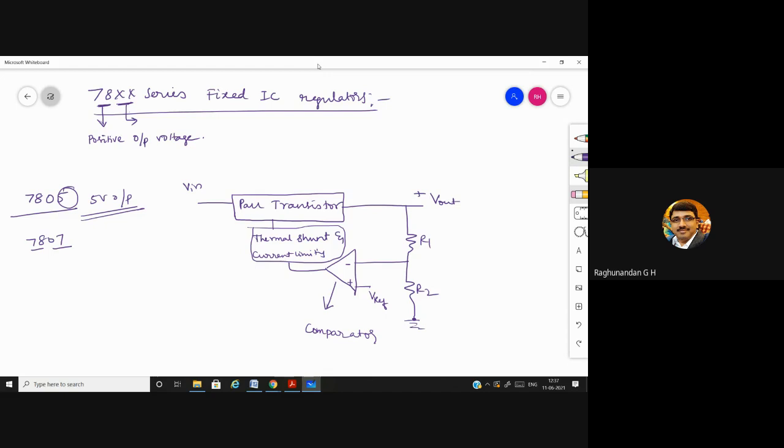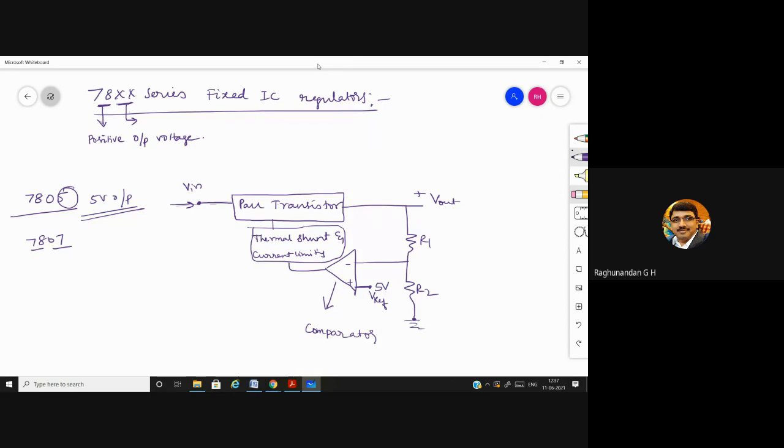Here what they usually do is, to this op amp, operational amplifier, there are two terminals, negative and positive. We call this the inverting terminal and this the non-inverting terminal. To the non-inverting terminal, they will give the reference voltage. Reference voltage means what voltage you actually need at the output. You want 5 volt, then they'll connect a 5 volt reference supply here. And now they will pass the input here and connect it to the input voltage, and current will be flowing through this.